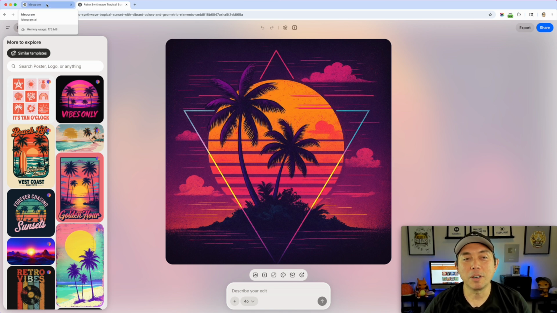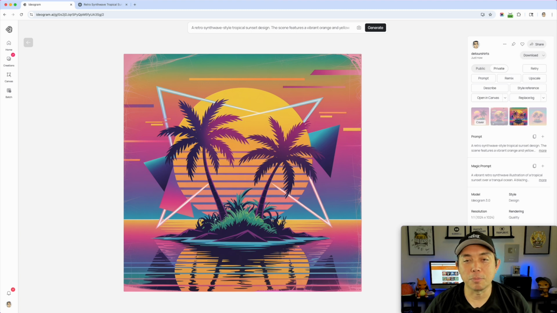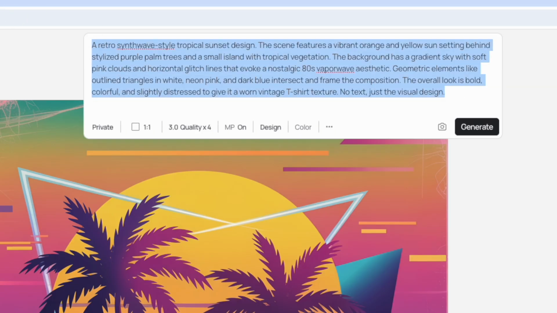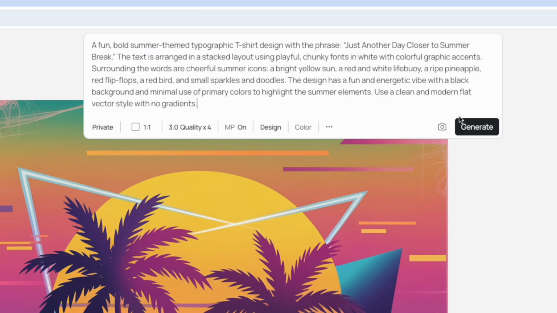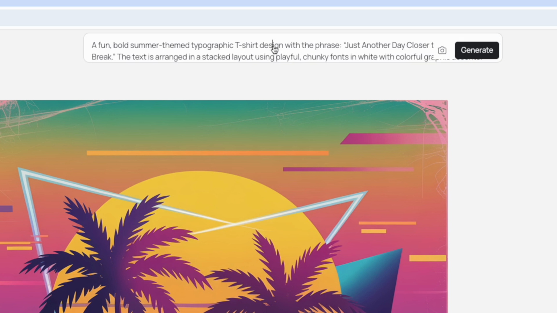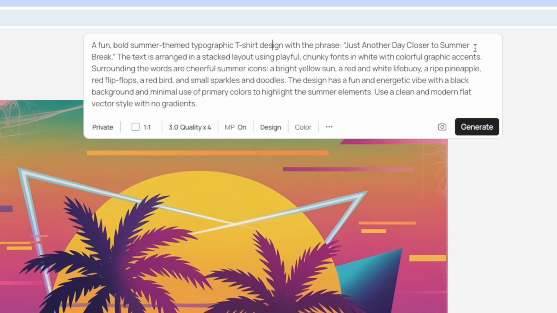But let's go one more and do another long prompt. Since we're not just doing single elimination like we did last time, I want to test it out on another prompt with words. So I'm copying my prompt here and I'm going to paste it in here, hit generate and see what happens. This prompt, as you can see, has words in it. It's for a summer break. I used ChatGPT to help me write it, and we're going to see how well it does with words on it.